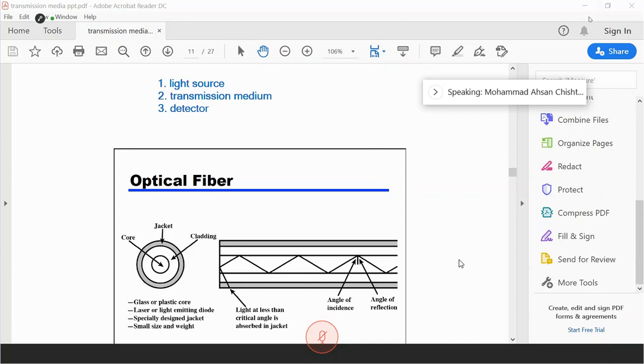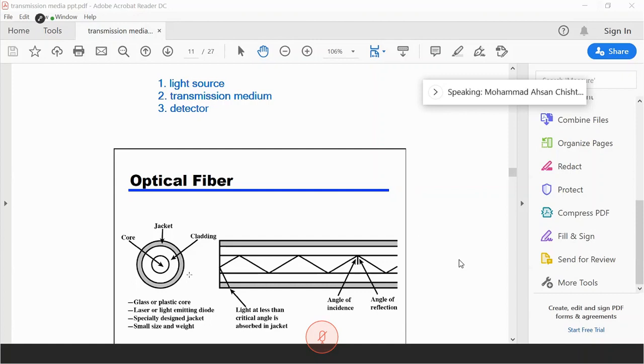When light passes from one medium to another, it is refracted. What is refraction? Bending of light. You might have studied it in physics. The amount of refraction depends upon the properties of the two media, their refractive indices. But for certain angles of incidence above a certain critical value, the light is reflected back into the medium. Thus, the cladding shown here is chosen in such a way that we get